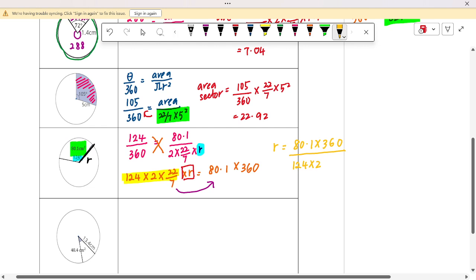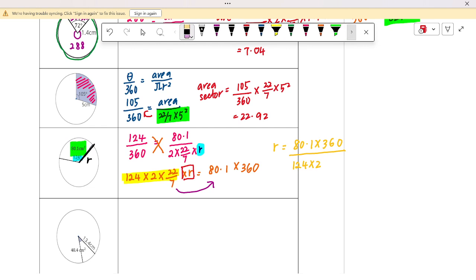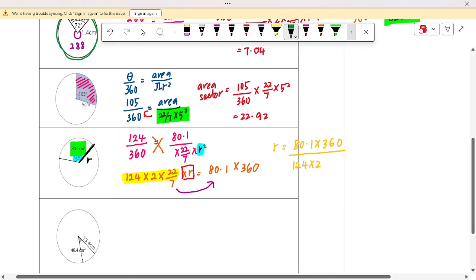Sorry. Formula for area don't have 2. It's 2 pi r. So sorry, it's pi r square. So here will be r power 2. Sorry, I wrongly used the circumference formula. So there won't be 2 here. Wait a second. Times 22 over 7 times r square is equivalent to